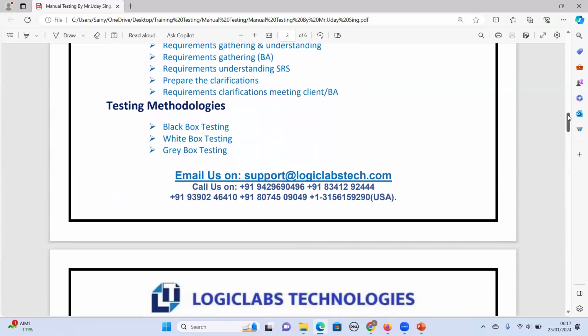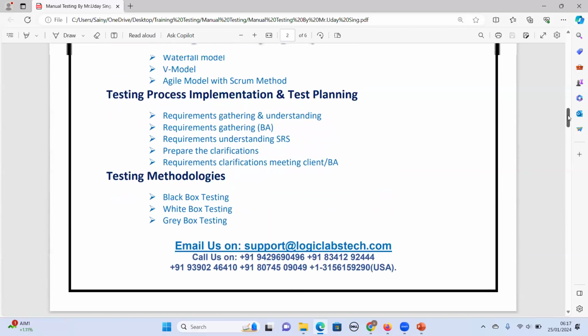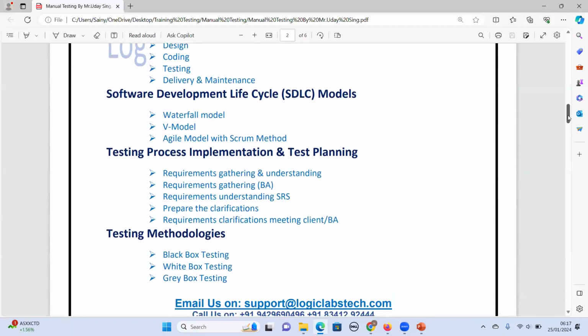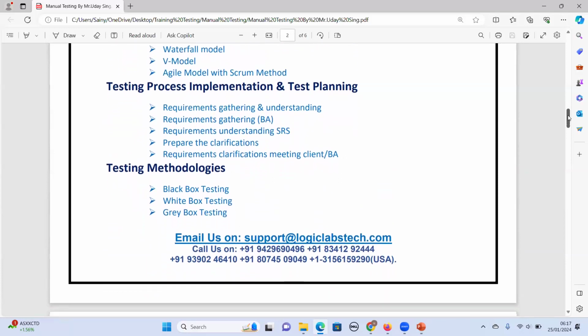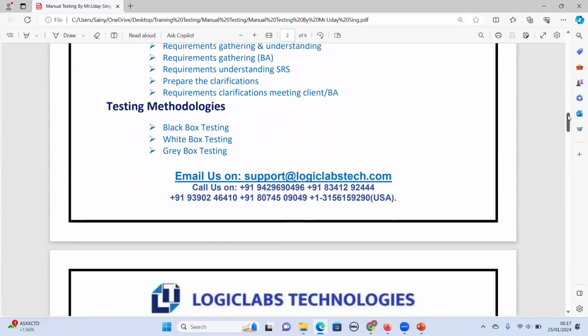Next is testing methodologies. We had software development life cycle and its models, and here we have testing methodologies.